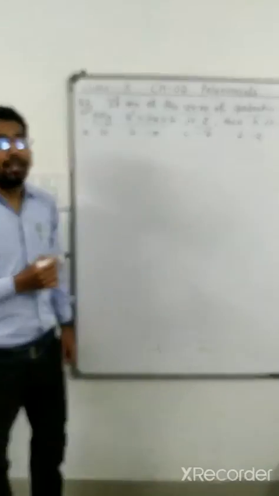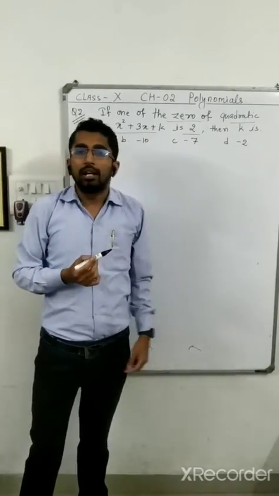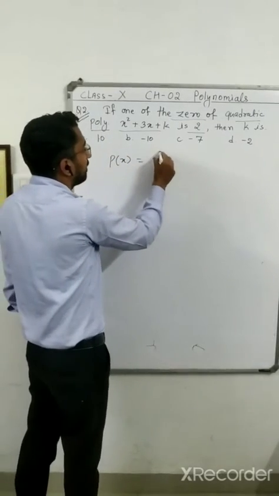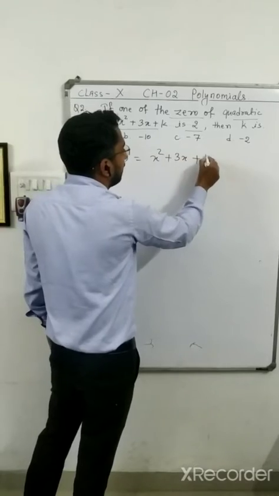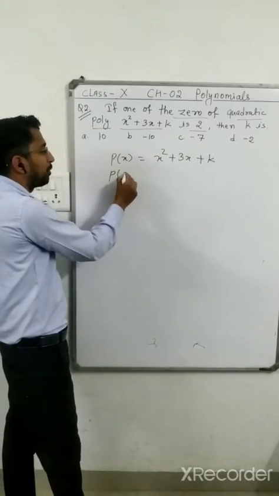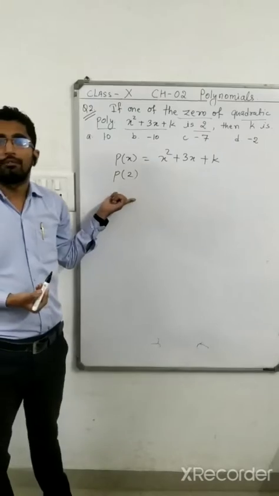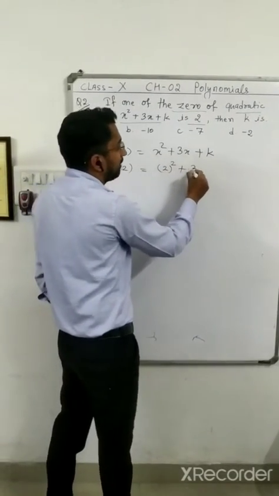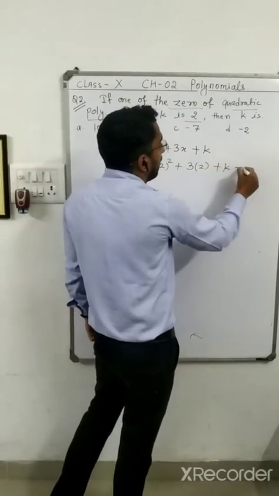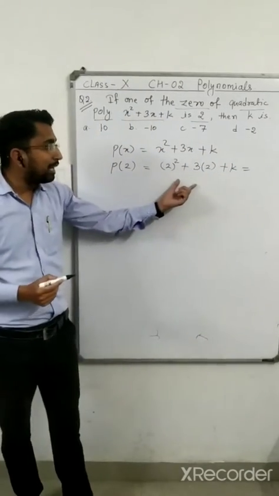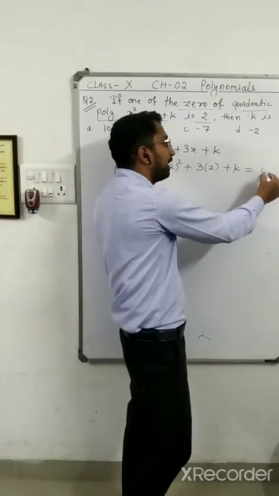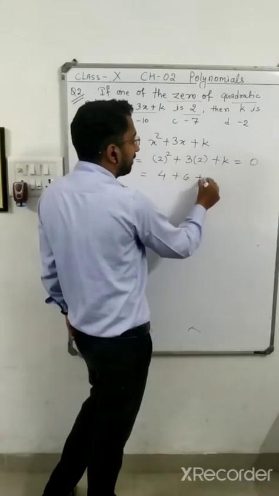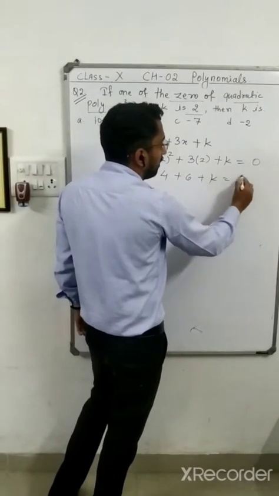So you need to find the value of the constant k. So let us write, if it is your polynomial x square plus 3x plus k. I told you when I put 2, the zero, in place of the variable, I am going to get 2 square plus 3 into 2 plus k. And I told you that this particular value will be equal to 0. So you see, 2 square is 4, 3 twos is 6, plus k equals to 0.